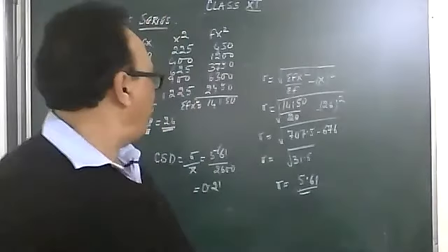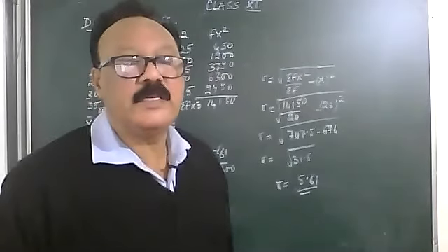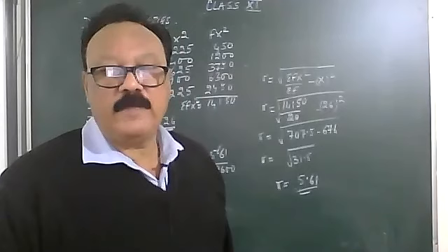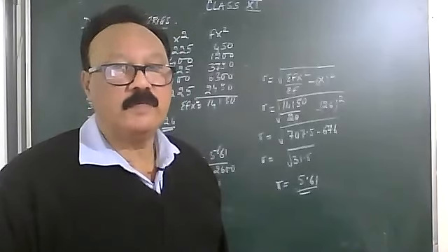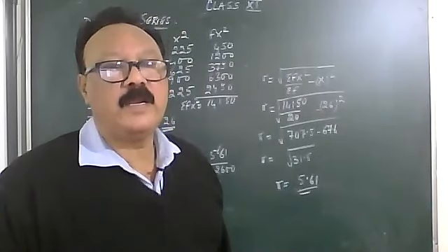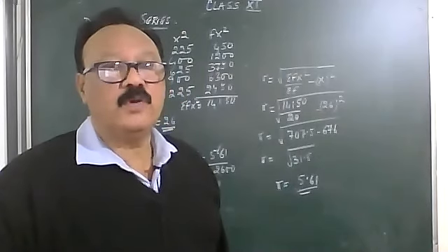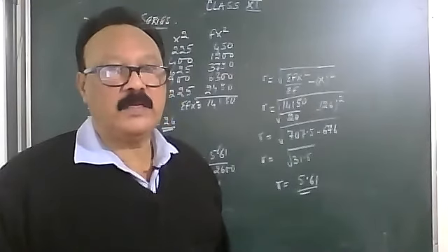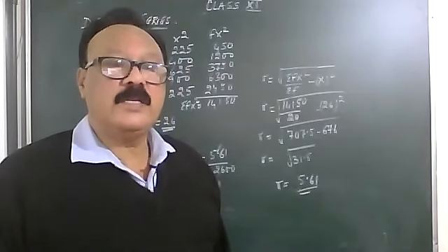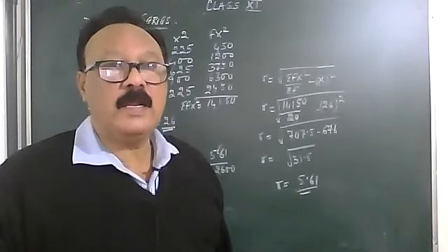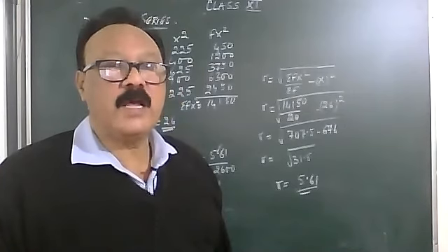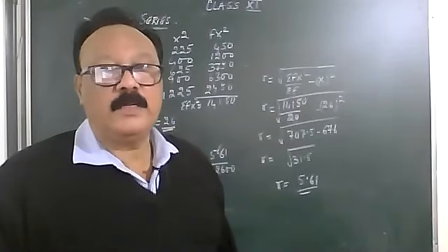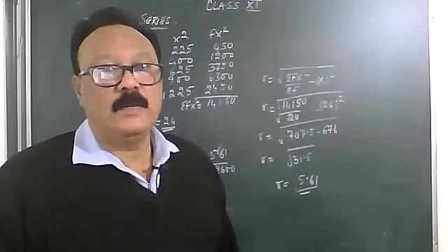Okay, then any problem in this discrete series? Anyone? No? Now, unfortunately, we are out of time. We have to do the continuous series, which we will take up in the next class. Standard deviation in the continuous series. So far, we have done the individual series in the actual mean method and in the direct method. Then, in the discrete series, we have done the actual mean and the direct method. We will come back in the next class and we will do the continuous series, actual mean and the direct method. Is that okay? Okay, good.